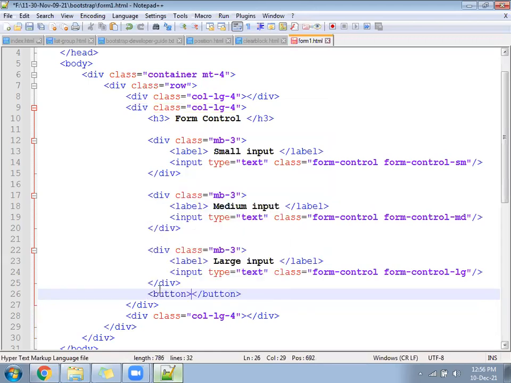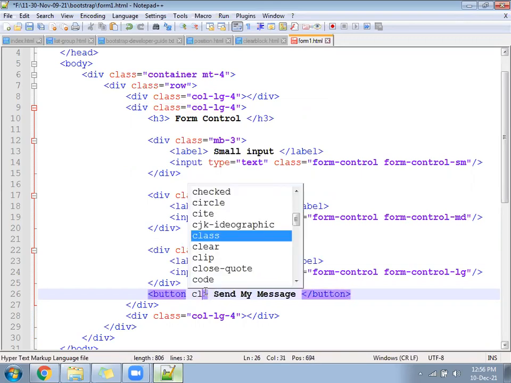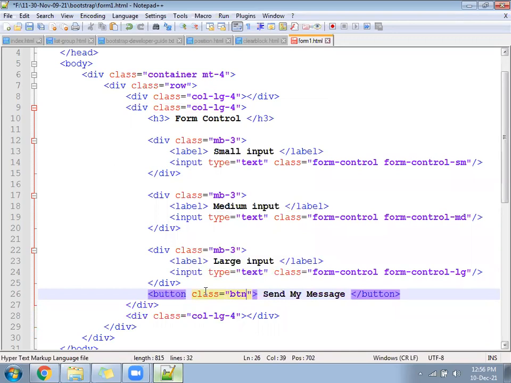Button called send my message. Class equal to btn-primary and follow m3. From all the sides there will be 16 pixels of gap.